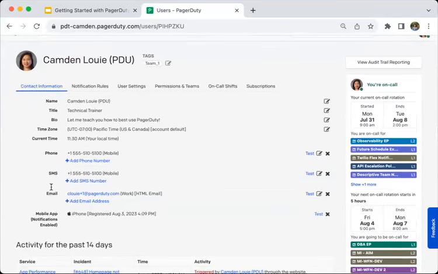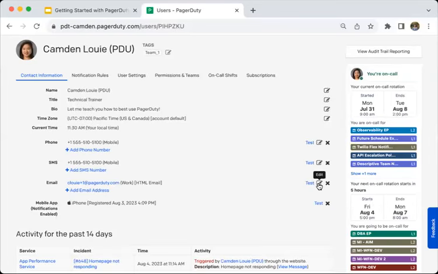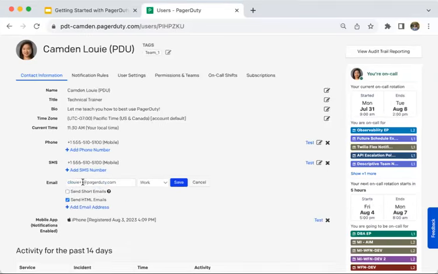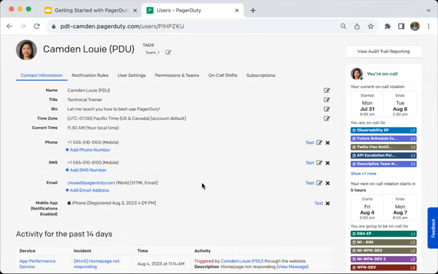I also wanted to mention email address. This is going to populate with your login email, but this is not going to be tied to your login email once your account is created. So you can edit this email address and it will not affect your login email. Push notifications are going to show up under this mobile app option. So whatever mobile devices, whether they are tablets or phones, you have used to download the PagerDuty mobile app and log in to your account with, you will see those devices enabled here,